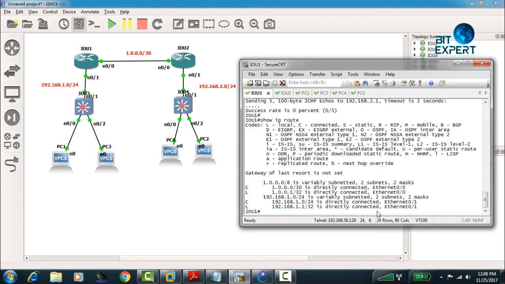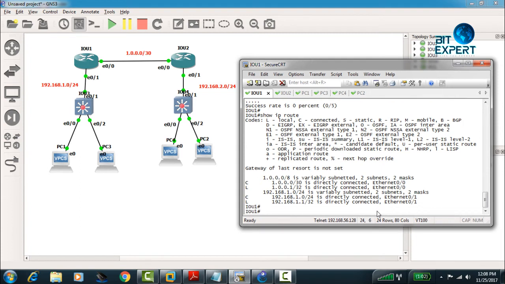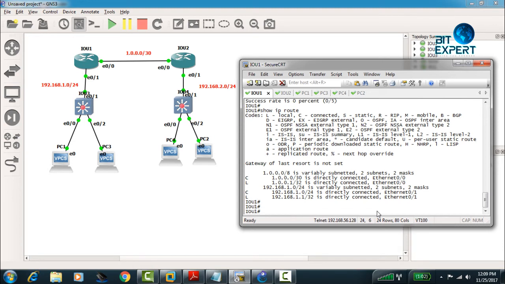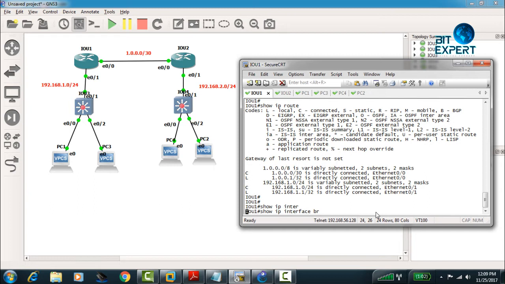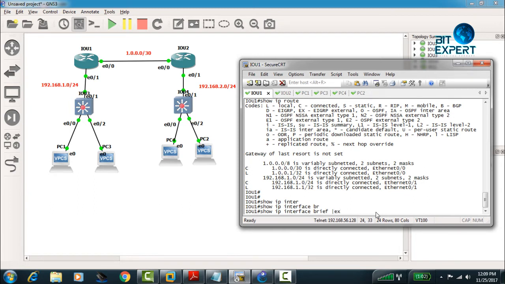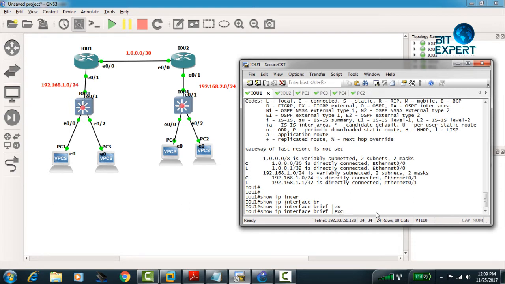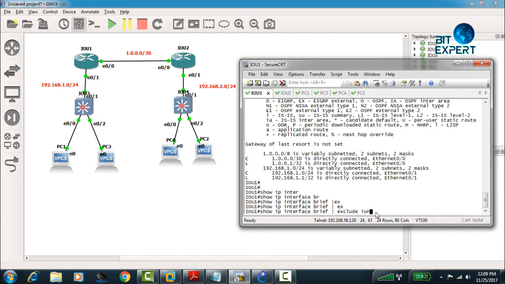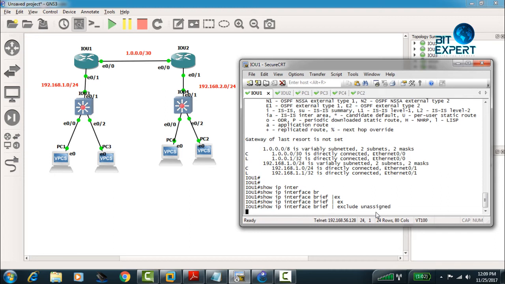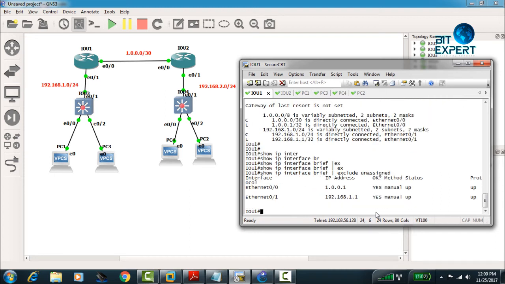So right now in this topology, as you can see, I've already configured the IP addresses. So to check the IP addresses, I will run the command show ip interface brief, pipe exclude unassigned. So exclude the unassigned IP addresses. So you can see here the IP address on Ethernet 0/0 is 10.0.0.1 and Ethernet 0/1 is